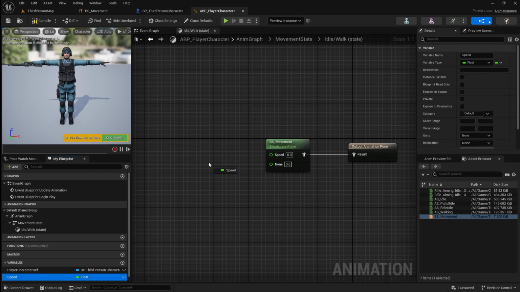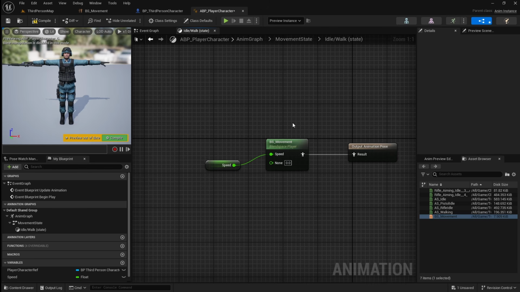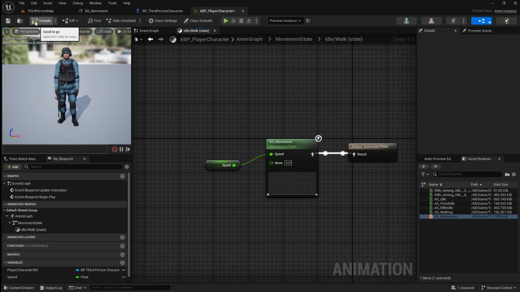Next, drag in the speed variable and get it. Then connect it to the speed pin on the movement blend space. Now our blend space will constantly receive the player's speed, telling it if the animation should be idle, walking, or somewhere in between. Now we're going to make it so that our character uses this animation blueprint, so just compile